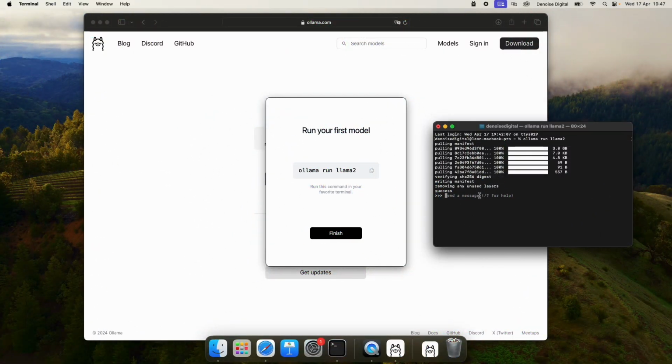And there we have it. We've now got Llama 2 running locally, so we could issue a command and we're going to get the LLM to respond. But what we want to try and do is make sure that the API is up and running correctly. So instead, we're going to open a new window,